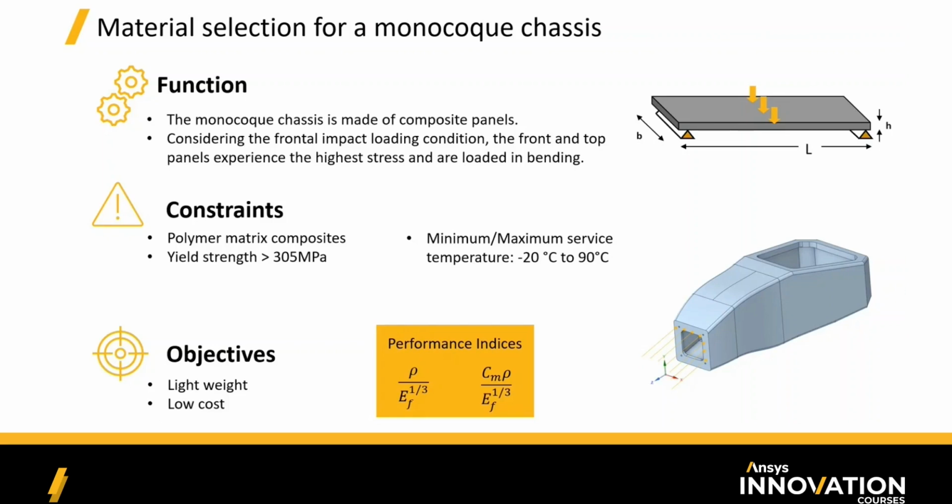And when we are looking into materials with optimum lightweighting potential, the first performance index would be helpful, which is density of the material divided by its flexural modulus to the power of 1/3. And when we are looking into materials that have the highest cost saving potential, we are going to be looking into the second material performance index, which is essentially the price of the material per kilogram times its density divided by its flexural modulus to the power of 1/3. And we're going to be using these two performance indices to compare these materials in terms of their performance for